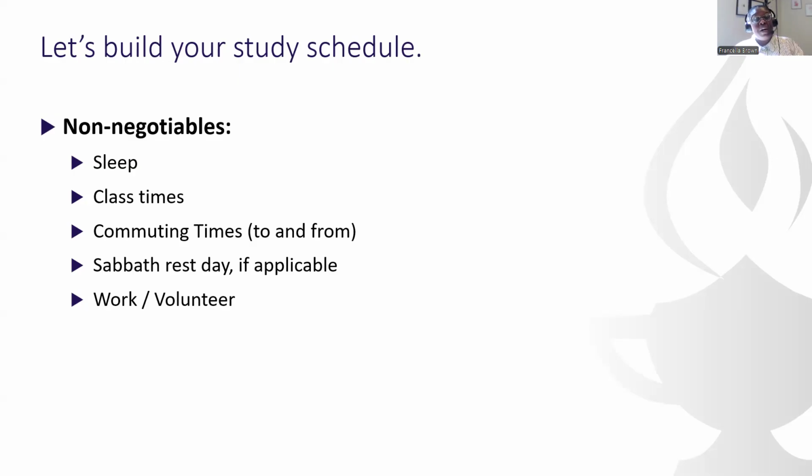Commuting time. So if you are not, say, for instance, living on campus and you have to commute to and from, this is realistic time that's being taken up that you're not doing anything other than commuting. So we want to make sure we plot that. And then if you have a commitment to a Sabbath day of rest, whatever that looks like, a Friday evening to a Saturday, an entire Saturday, a Sunday, even if it's just half a day, we just recommend that there is a time for you to take your time with God, take care of your spirituality. This is a time for reflection. However it is that you use that, if this is something that's important to you, how about we not sacrifice that as much as possible?